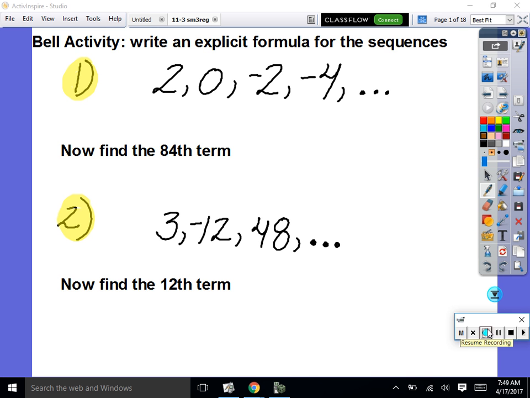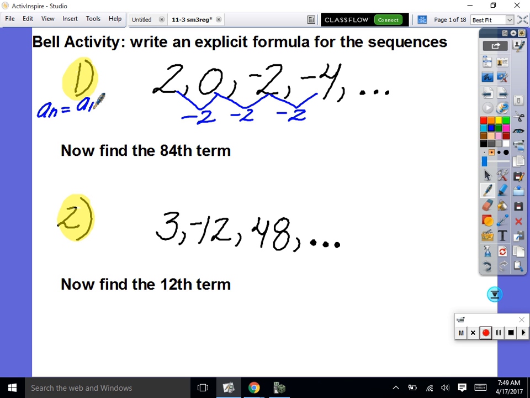Because you're going to be using this stuff again today. So right here, you have to notice, okay, this is arithmetic, meaning there's a common difference. Our -4 minus -2 is -2, -2, -2. Does everybody understand? So because there's a common difference, it's arithmetic, and you've used the formula a sub n is